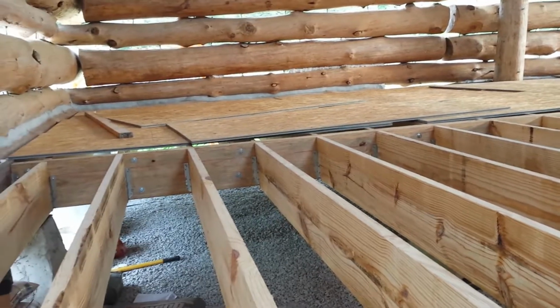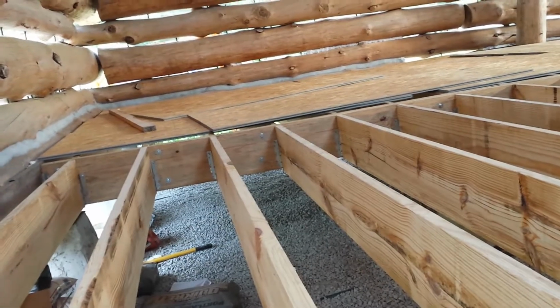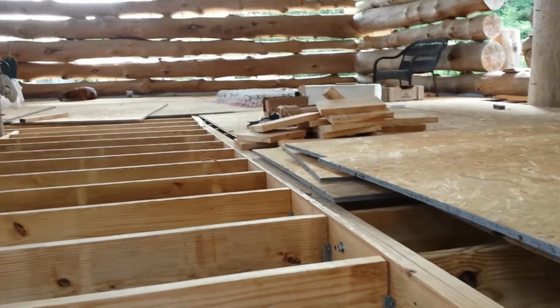I'm going to glue it and use ring shank nails. Some people talk about screwing it. I'm just going to use glue and nails, because screwing it would take too long. 1,600 feet, 50 sheets of 4x8 plywood. And then we'll move on to